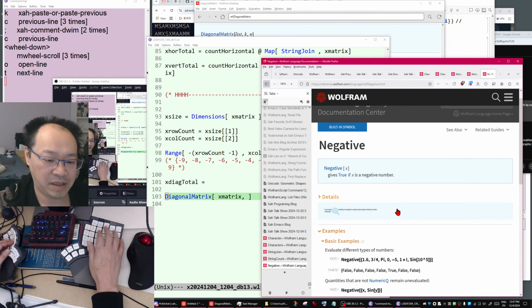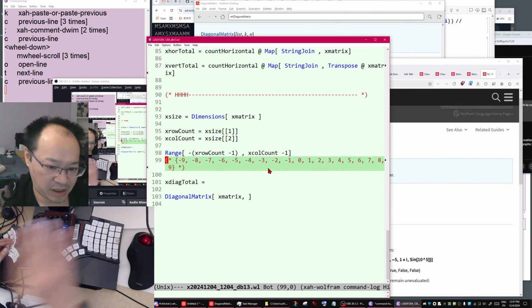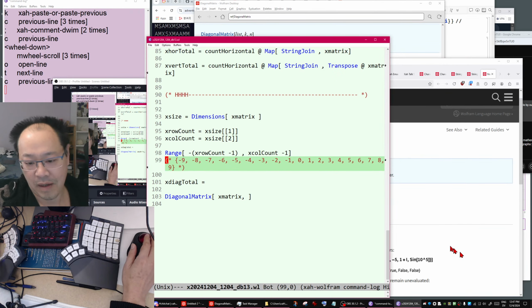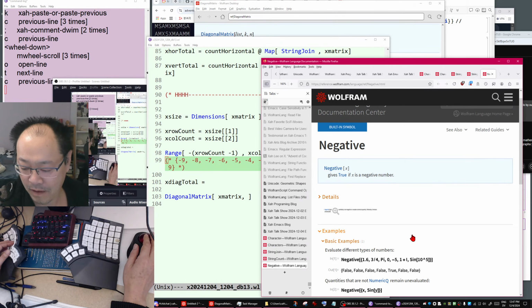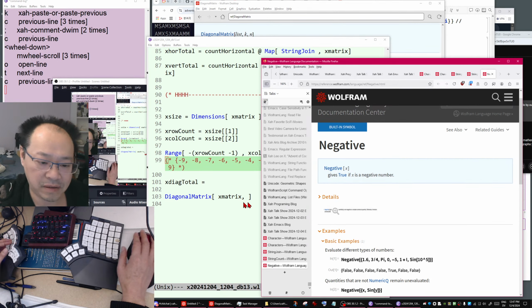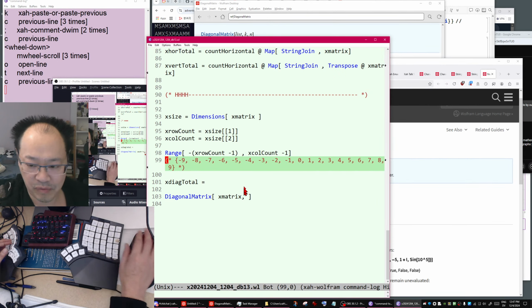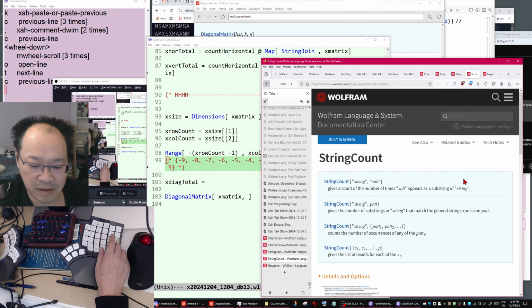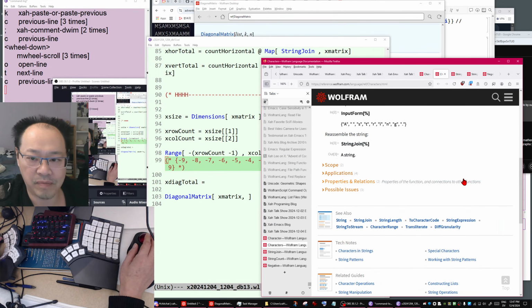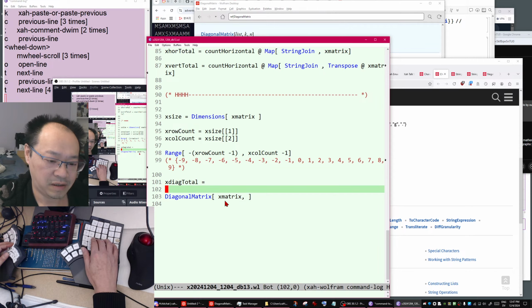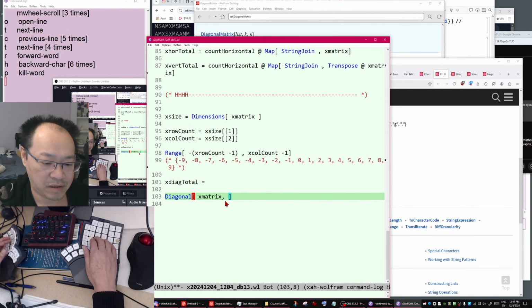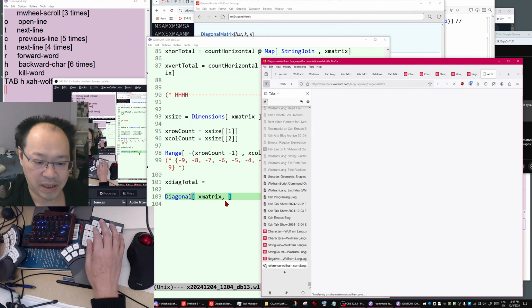So that's why you need this range thing to get them all. Is there a way I can get them in one shot? Is there a way just to get all the diagonals in one shot? Actually, this is not diagonal matrix. It should be diagonal.